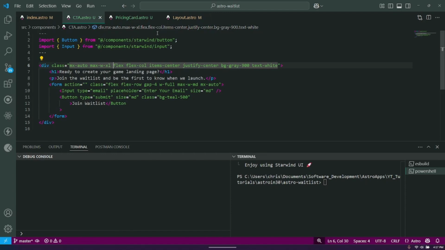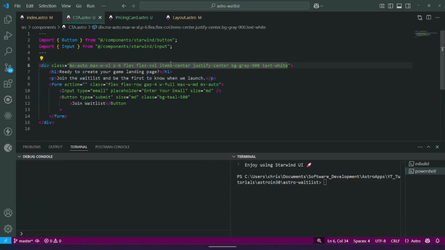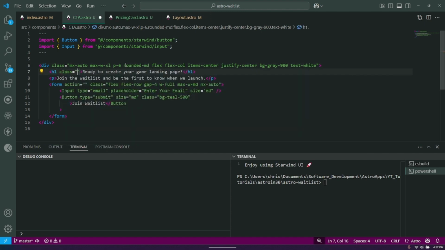And we need some padding, so say p-6. Padding all the way around, awesome. And we're going to say rounded-md, and the H1 is going to have a class of text-4xl,